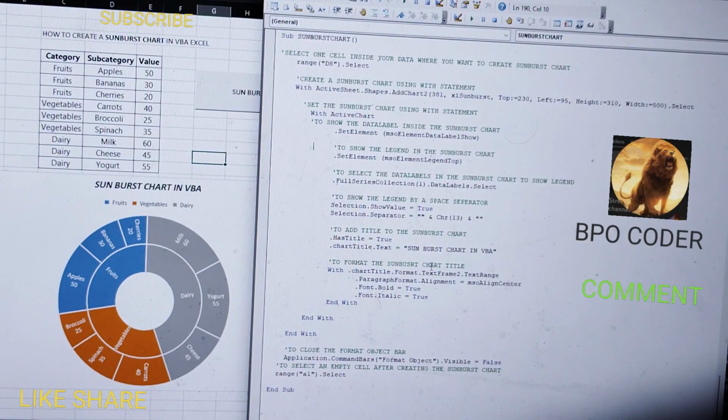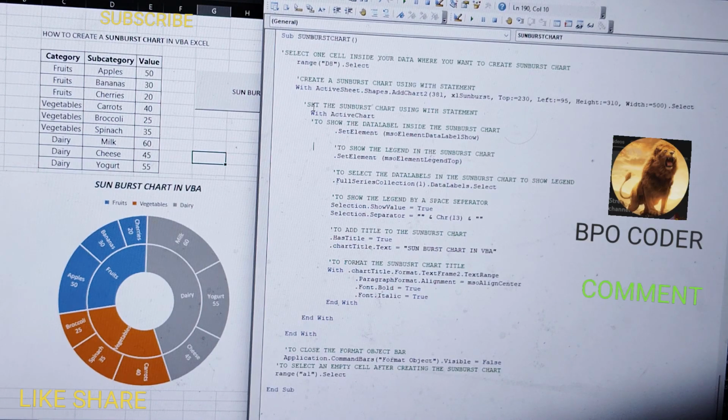So here is the code to create the Sunburst chart. This is the VBA code, and this is the code which we have to write inside our module,